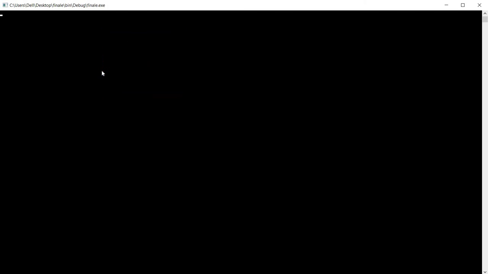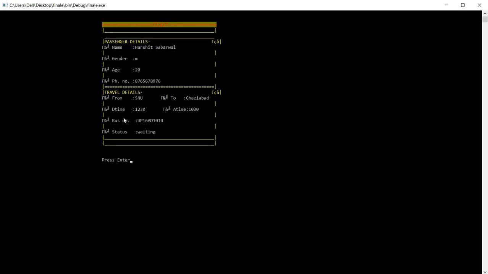So we'll go back. User. First we'll check the tickets of both of them. Old user. Let's see Harshit's ticket. HS154. Record found. Show tickets. As you can see, the status is waiting for Harshit Sabharwal.